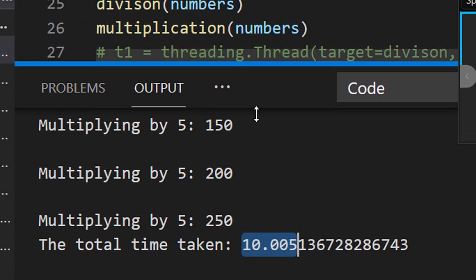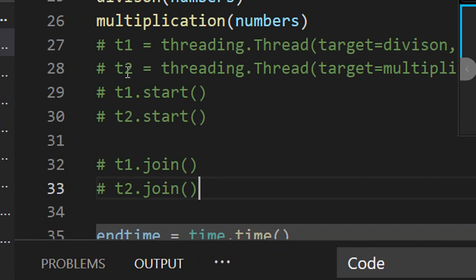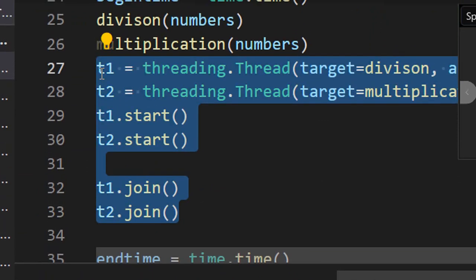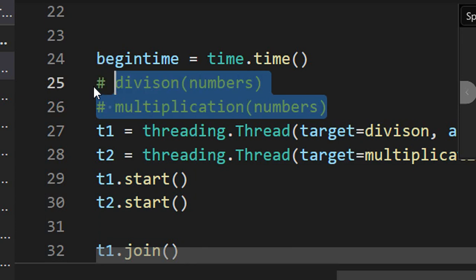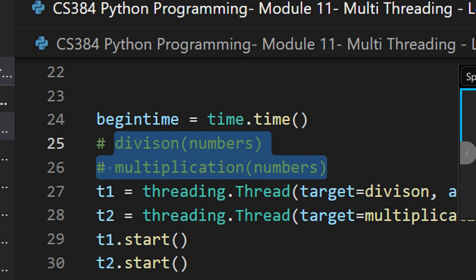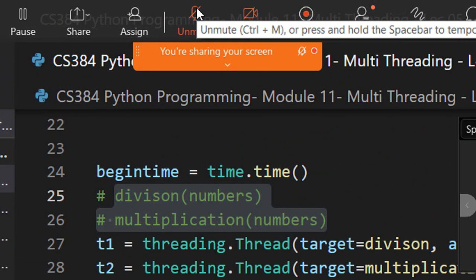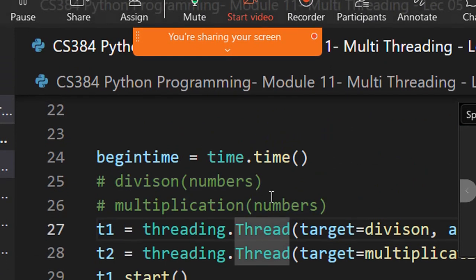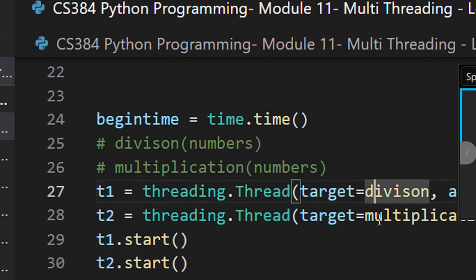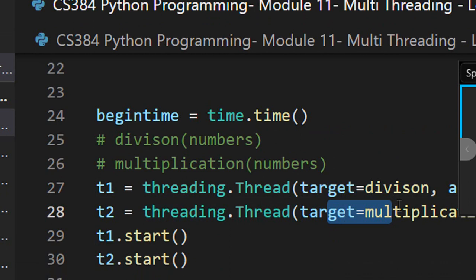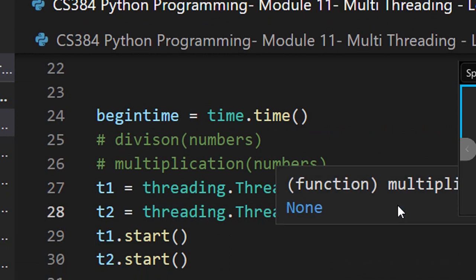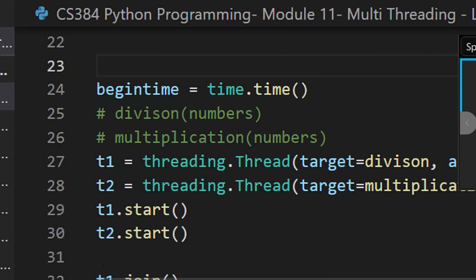Now let us do one thing. Let us implement threads here, right? So I will just comment out these two lines, and the same functions I will implement using a threading library, right? So you can see threading.thread. So now these two functions will get executed parallelly in the memory, right? So as if both of them are running at the same time in the memory. So technically what happens here? Now let us see the executed output of here.